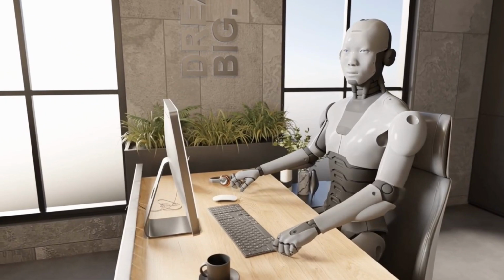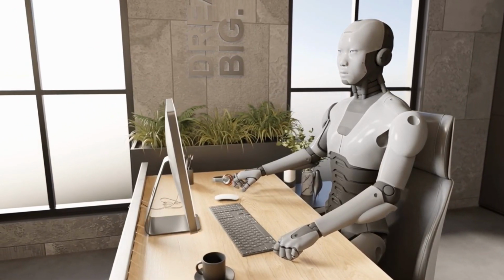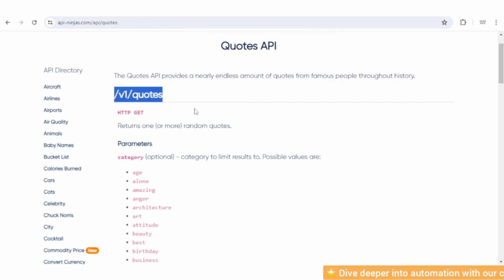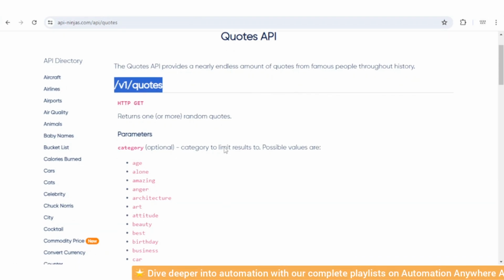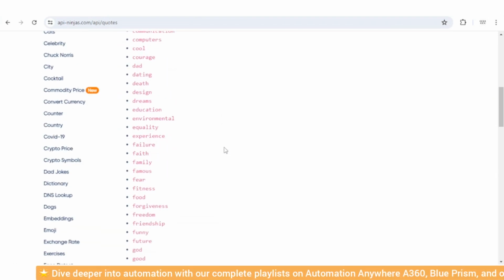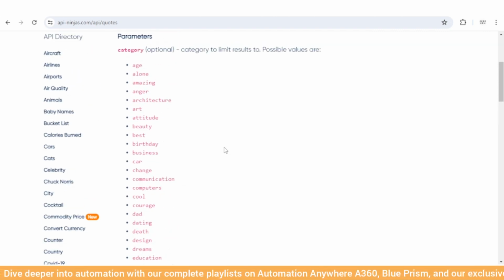So first of all, let me show you one API which we are going to use in our taskbot. This API will provide an endless amount of quotes from famous people throughout history. So whenever we call this API, we will get a quote.